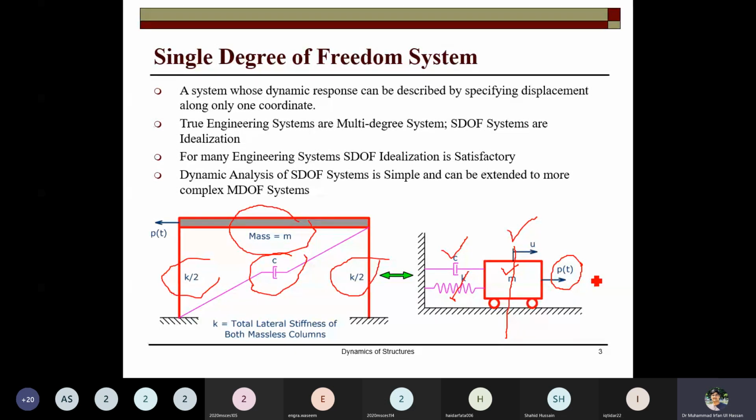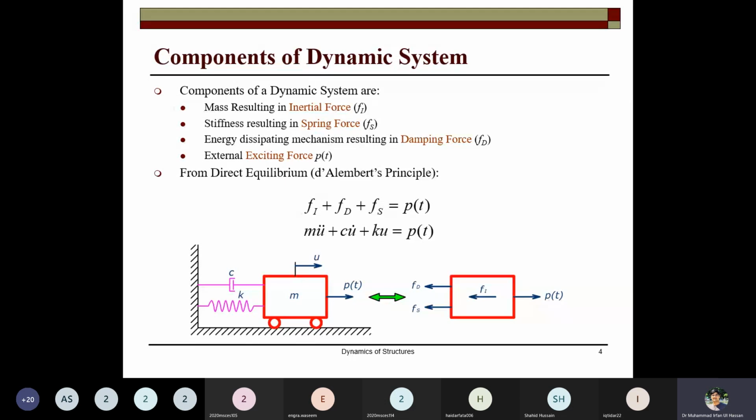And the third one, the mass, represents the inertia of the system. So the components of the dynamic system are the mass, resulting in the inertia force; the stiffness, resulting in a spring force; and the energy dissipating mechanism, resulting in the damping force. These are the three components, plus the external exciting force. These four components